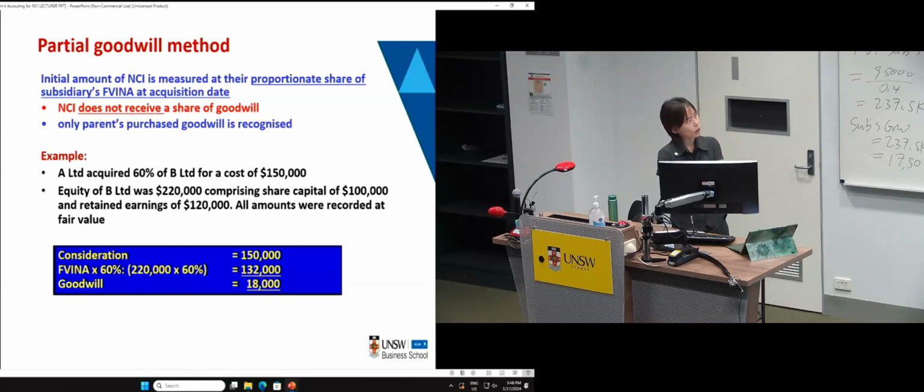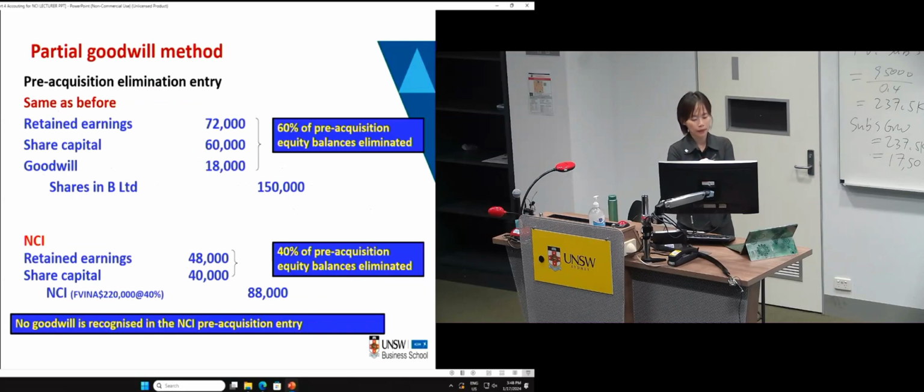Now, you can only determine the NCI share of the goodwill when the fair value of NCI is given in the question by applying the full goodwill method. It is possible that in a question I may not specify the use of the partial goodwill method, but you should know that it is the only method you can use because NCI fair value will not be available. When that information is not available, you are unable to apply the full goodwill method and have to use the partial goodwill method. Now let's look at the entries under the partial goodwill method.